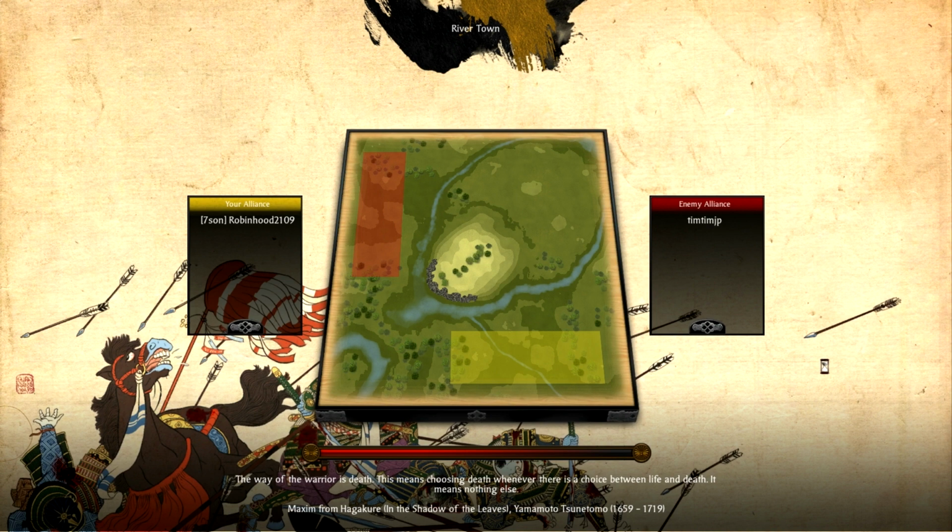This is going to be a 1 versus Tim JP on the map Rivertown. And this was actually a pretty good battle. We were, in the sense of retainers and such, general-wise, evenly matched. He was 9-star gold, I was silver, but either way that limits you to the same amount of retainers and all of that good stuff, and same amount of perks in our generals, and it ended up being a pretty